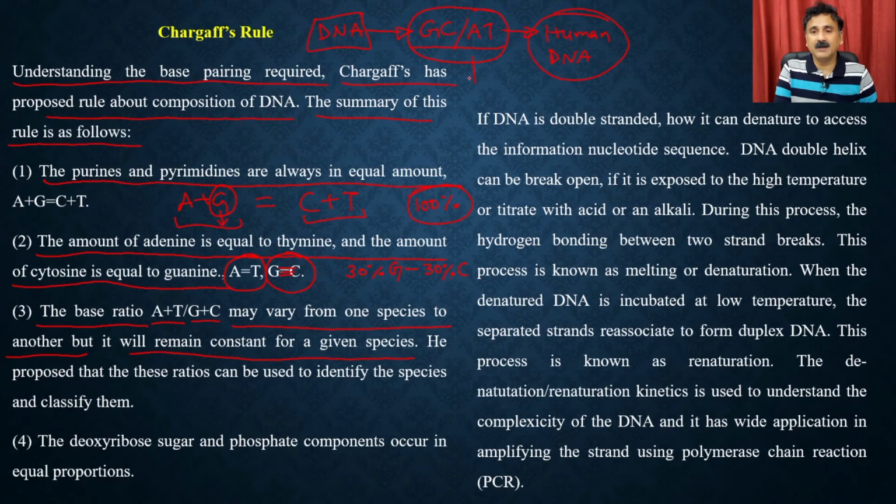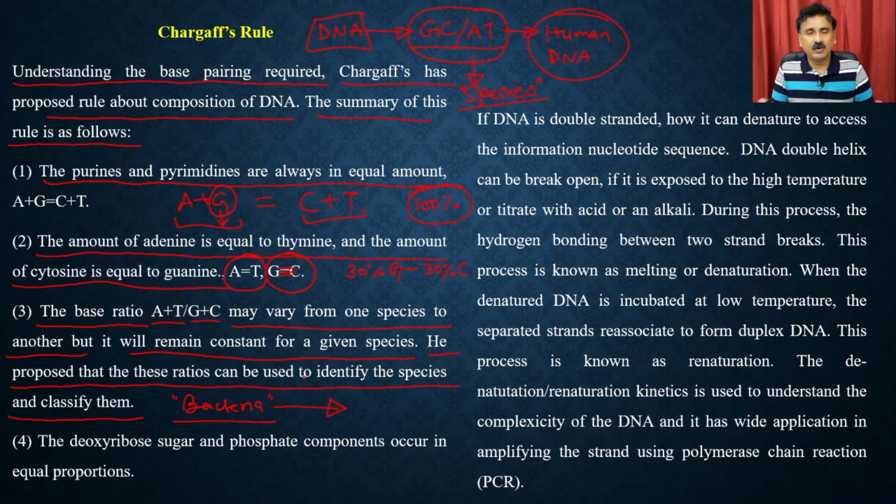So it is actually a clear identifier for that particular species, and that's how people use this kind of analysis in DNA based identification processes. He proposed that these ratios can be used to identify the species and classify them. For example, when people are identifying a new bacteria, they do this kind of analysis to know whether this bacteria belongs to an existing bacteria they have in the system or not. If it is not, then they say they have identified a new bacteria, and according to some more tools they can put them under the appropriate groups